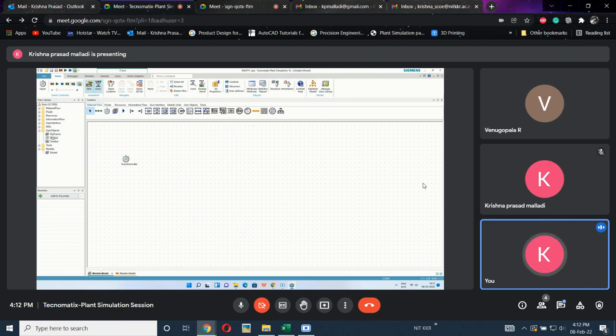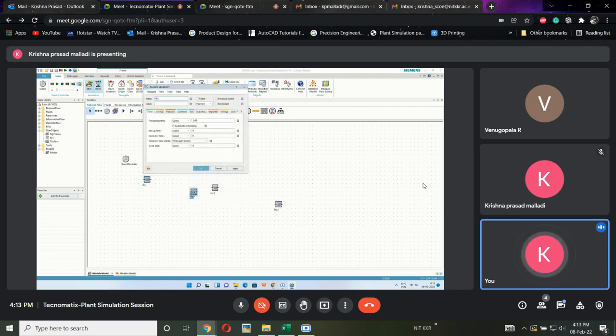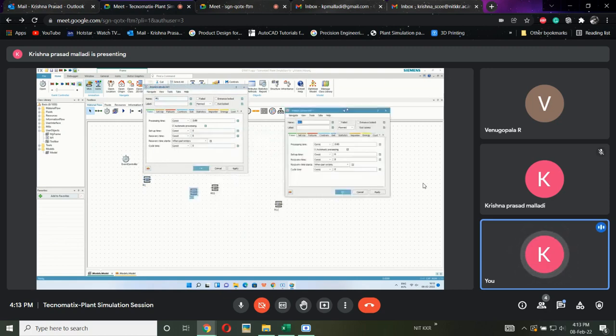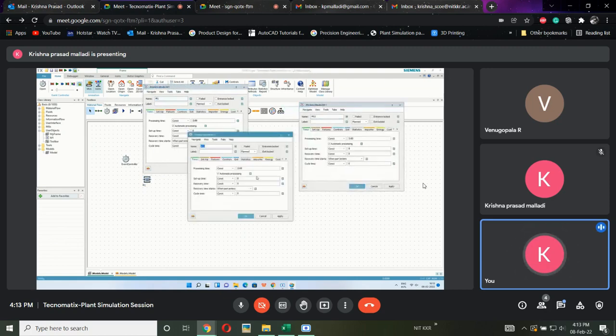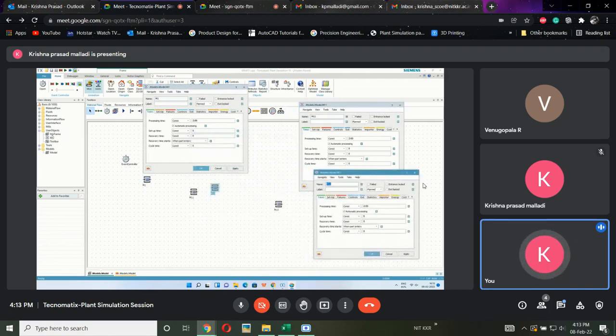Now I want to rename it as M1. Now if I click this one and drag and drop it here, and click this mission, it has 2 minutes of processing time. This mission also has 2 minutes of processing time, which means this is like a user object.